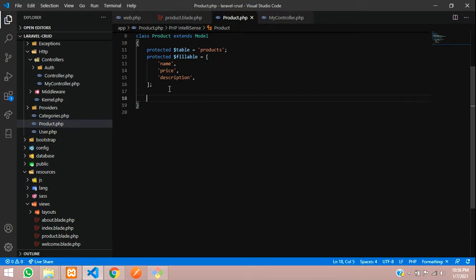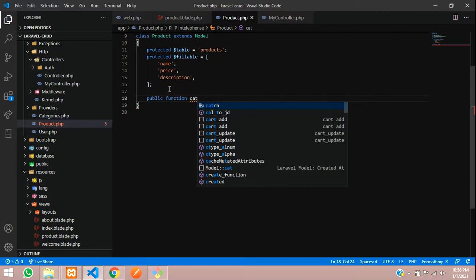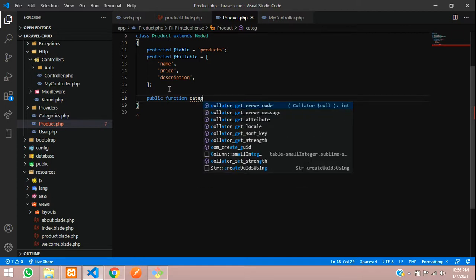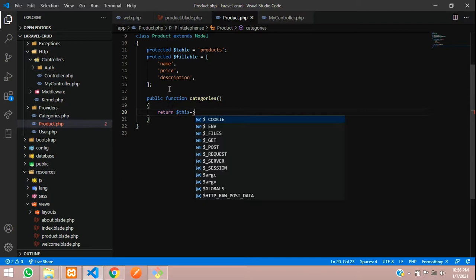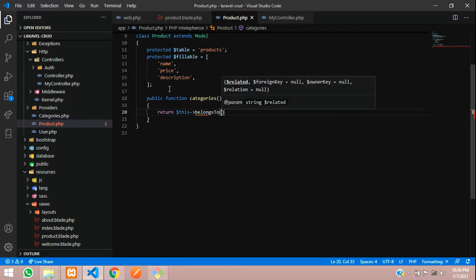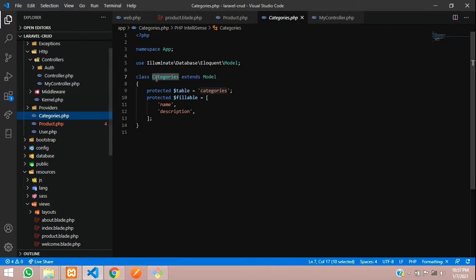Here we will create a function, public function, and we'll give the name category. Okay, I'll give categories. Now here just type return $this belongs to, and here give the class name of the category model. I'll show you here: you have class category.